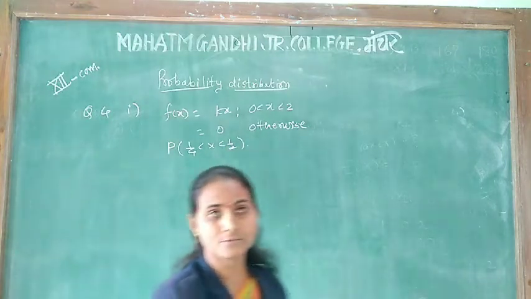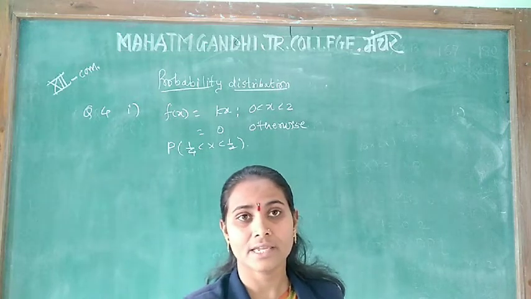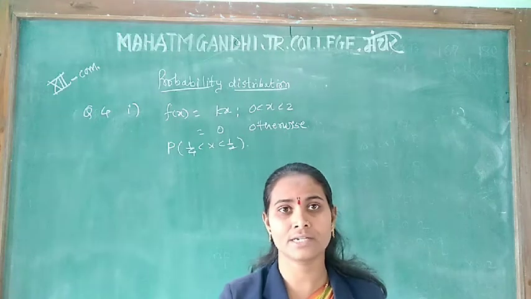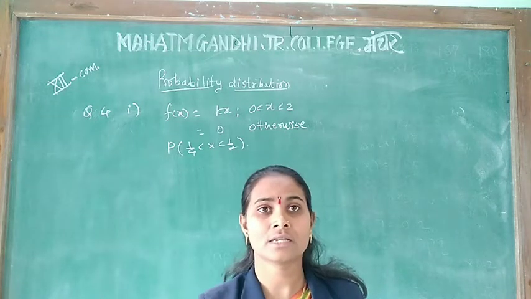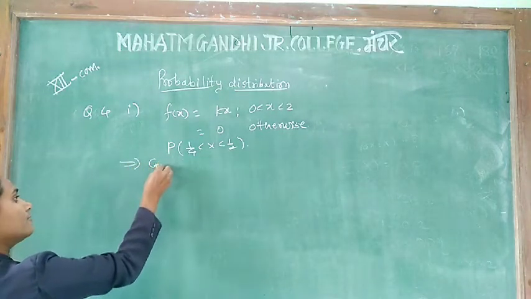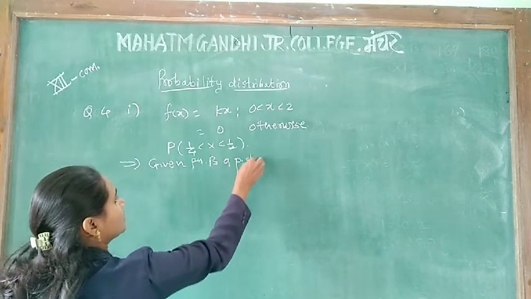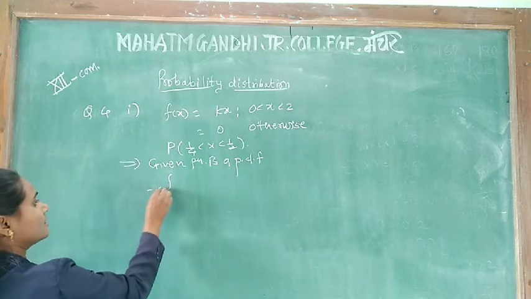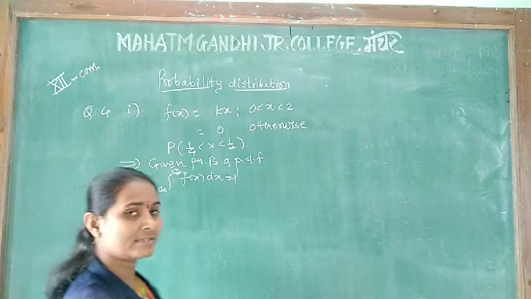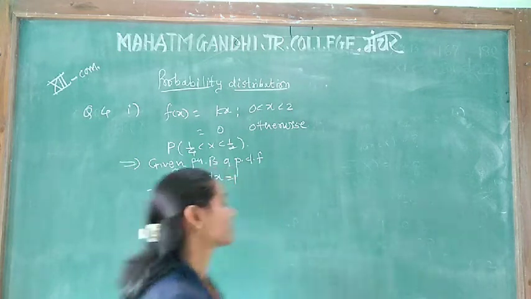So let us see here, we have given that the given function is a PDF. Last time we saw what a PDF is. If over an interval the integration from minus infinity to infinity of the function is equal to 1, hence the given function is a PDF. It is a PDF when the integration from minus infinity to infinity of f of x dx is equal to 1. That means if the limit of the function over the given interval comes to 1, then the function is a PDF.